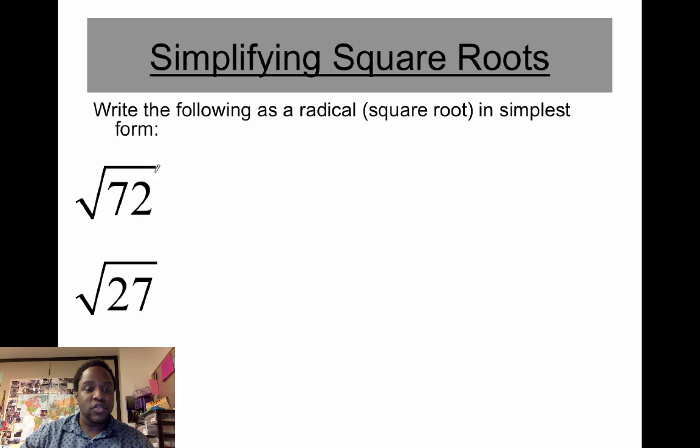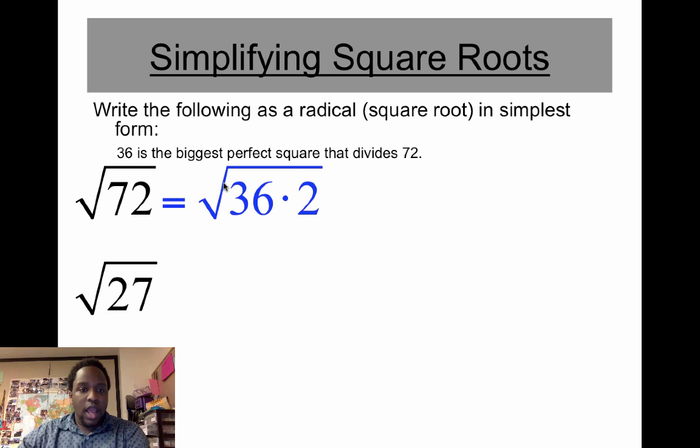All right, so we have the square root of 72. And we know that 36 is the biggest perfect square that divides into 72. So how I would start it off is,